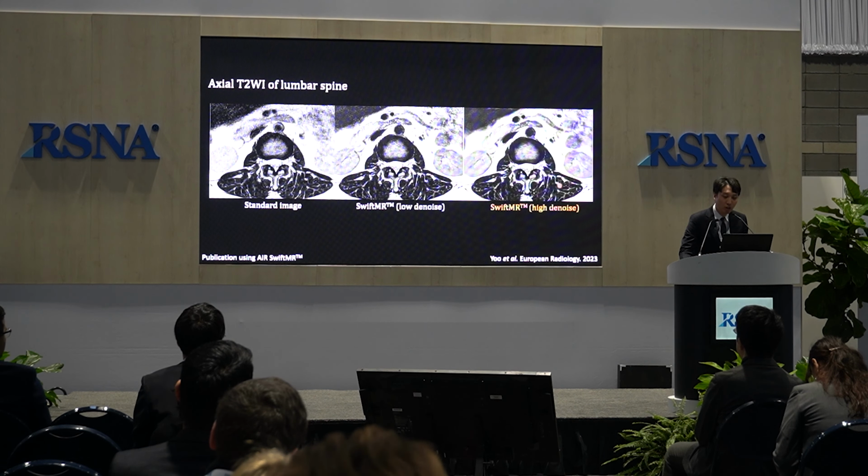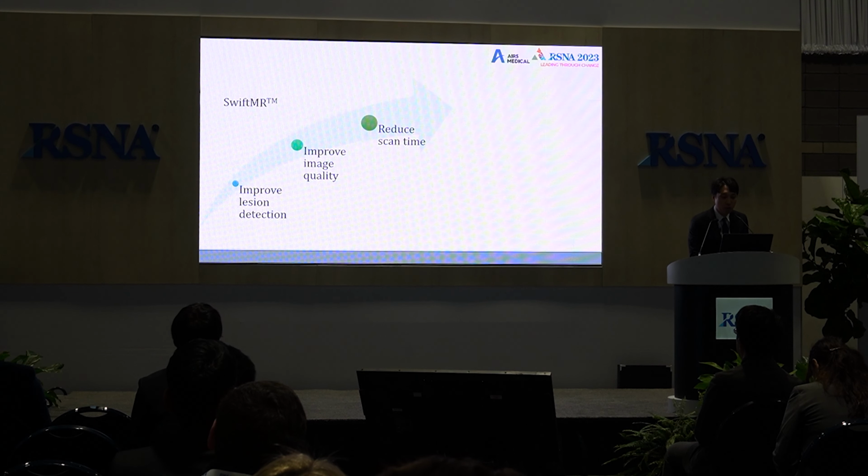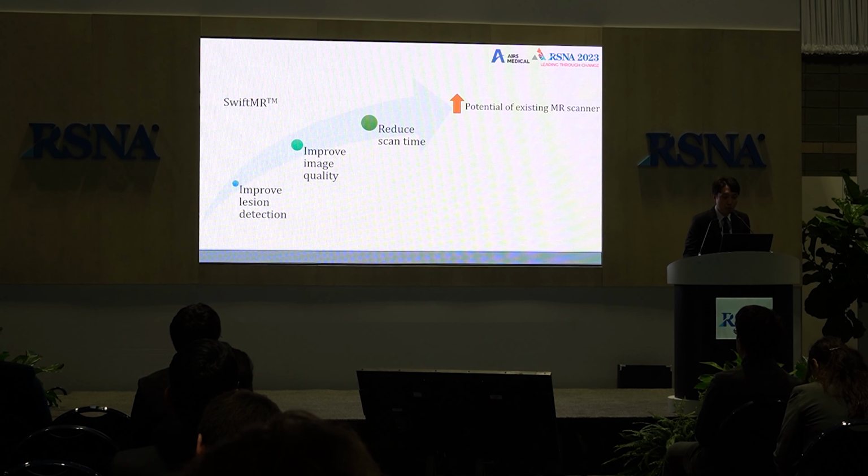So in summary, Swift MR can provide all these benefits: improve the image quality, lesion detection, and reduce scan time in clinical neuroradiology. What it can do is maximize the potential of the existing scanner. Instead of purchasing a new MR scanner, with the software you can improve the efficiency of the existing MR scanner, which will make the administration happy